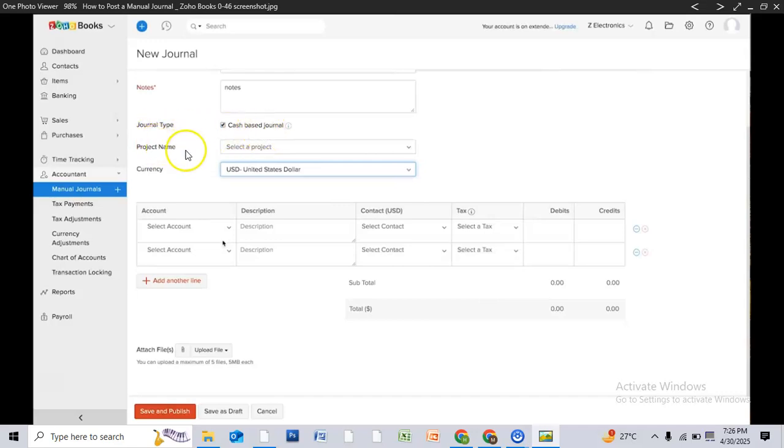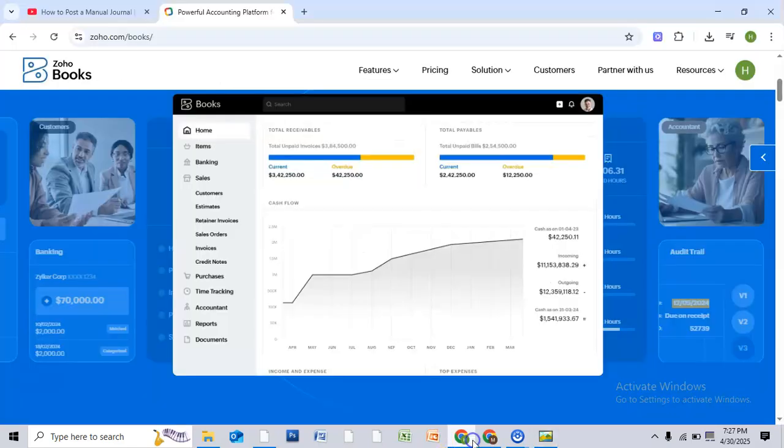select journal type, select your project name, select currency, select your account and account description, select contact, then you can add another line. If you have any file to upload, you can attach it by clicking here. Then after doing everything, just select save and publish, and that's it. That's how you can add a journal